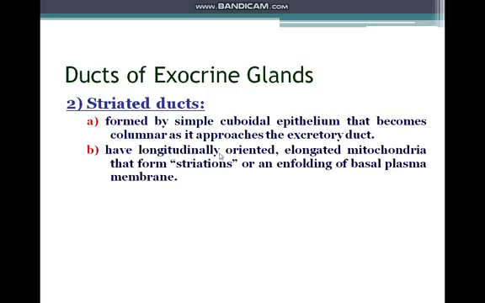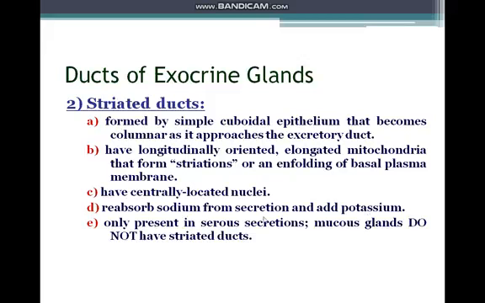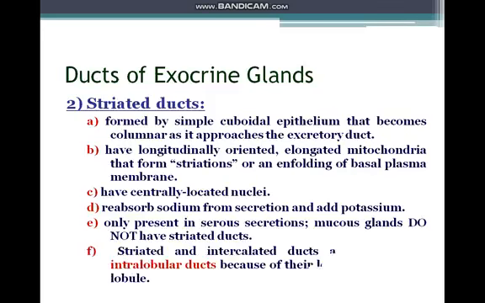They have a longitudinal orientation of mitochondria that forms a specific striation, with a specific folding of the basal membrane, and they have a centrally located nucleus. Also, they reabsorb sodium from the secretion and add potassium, so they modify the content of the secretion. They are found only in the serous secretory glands, such as the parotid gland. We can see the striated duct. The striated duct and intercalated duct are called together the intralobular duct, which is found within the lobules between the